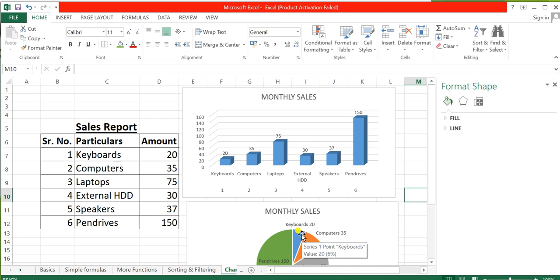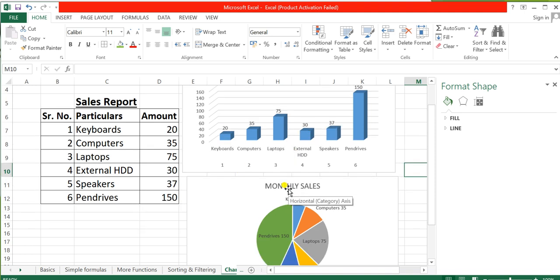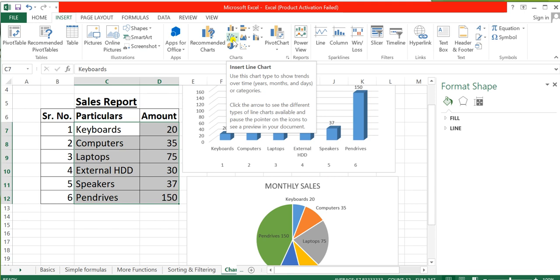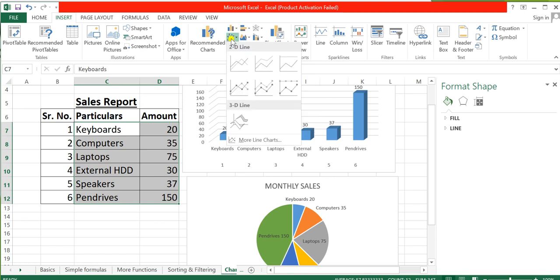Now the third type of chart is the line chart. We will insert a line chart also. For that, again I will tell you, select the data, click on the Insert tab, and here in the Charts group you have many options. Here we have insert line chart.